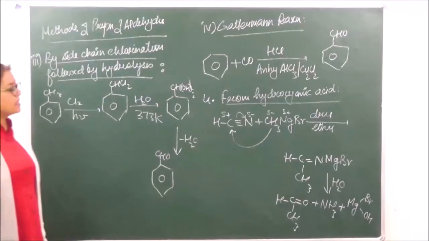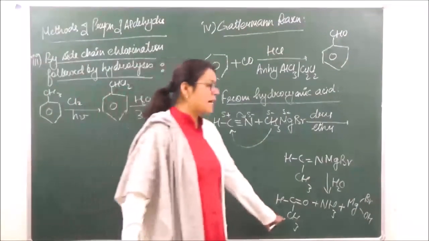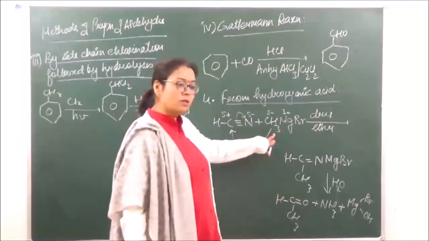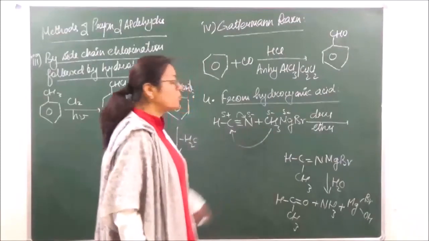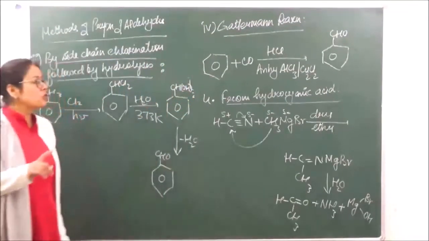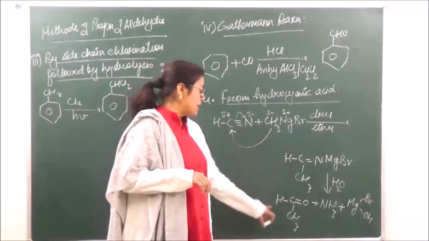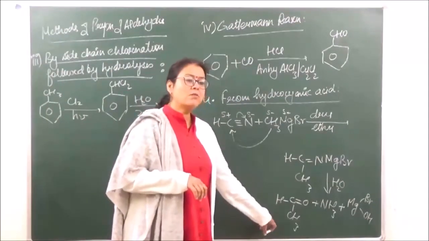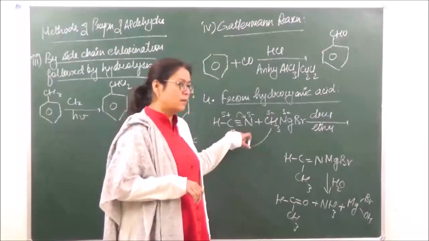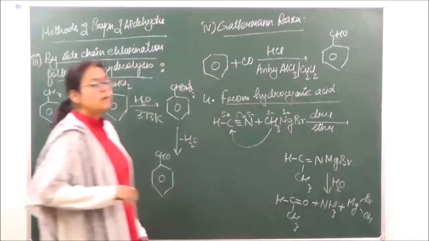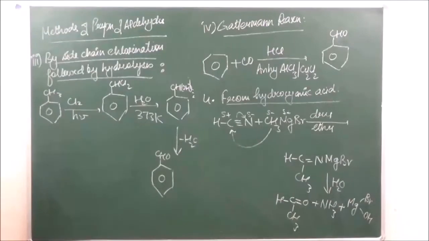Why I am saying that the number of carbon atoms present in the aldehyde will depend upon the Grignard reagent is because HCN has only one carbon atom. So the number of carbon atoms present in the Grignard reagent plus 1 is the number of carbon atoms present in the final compound. Okay? Then the fifth reaction we have already done in our alcohols, which is the Reimer-Tiemann reaction.